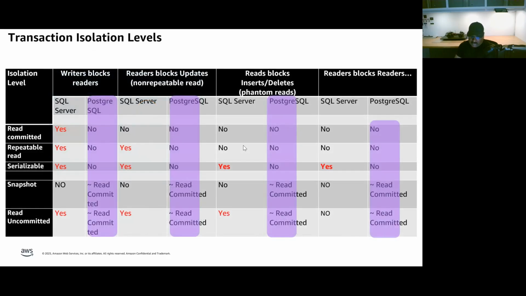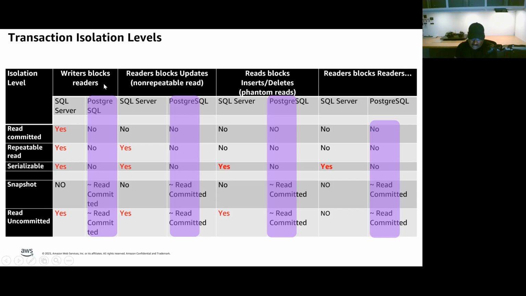Okay. Next one. So here, the transaction isolation levels. You don't need to read through the entire thing because there's a lot of data over here, but pay attention to the blocking nature in Postgres when applying a certain isolation level. The first column has all the isolation levels that include read committed, repeatable read, serializable, and read uncommitted. In Postgres, you can use read uncommitted, but it behaves like read committed because Postgres won't give any dirty data at all. So though you mention it, it still behaves like read committed.